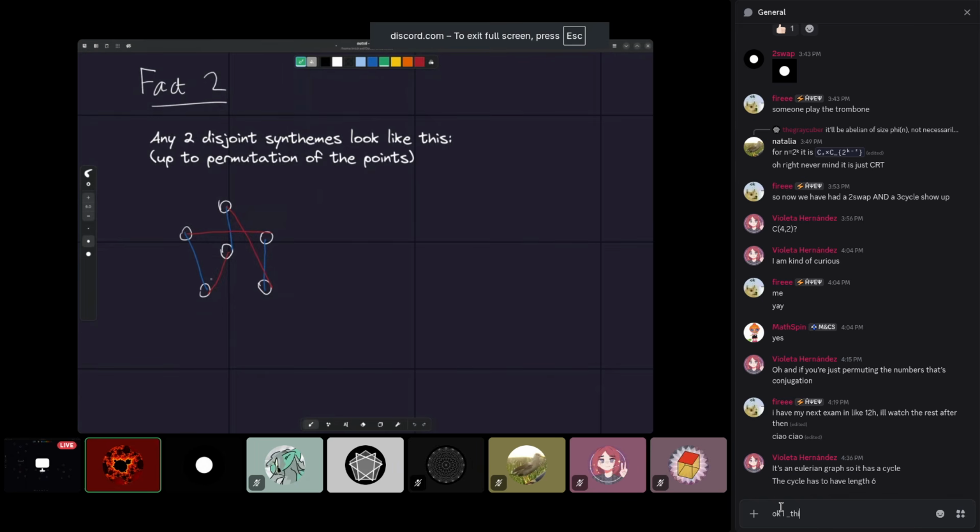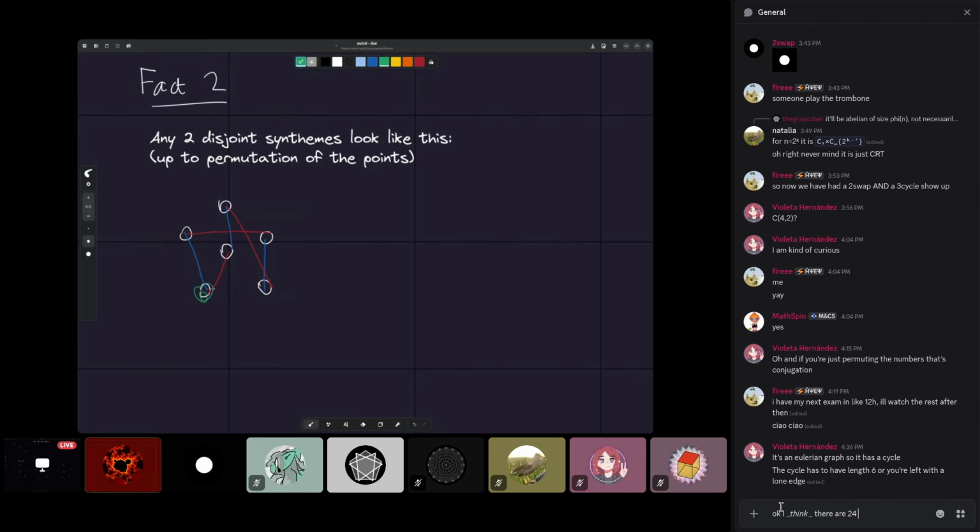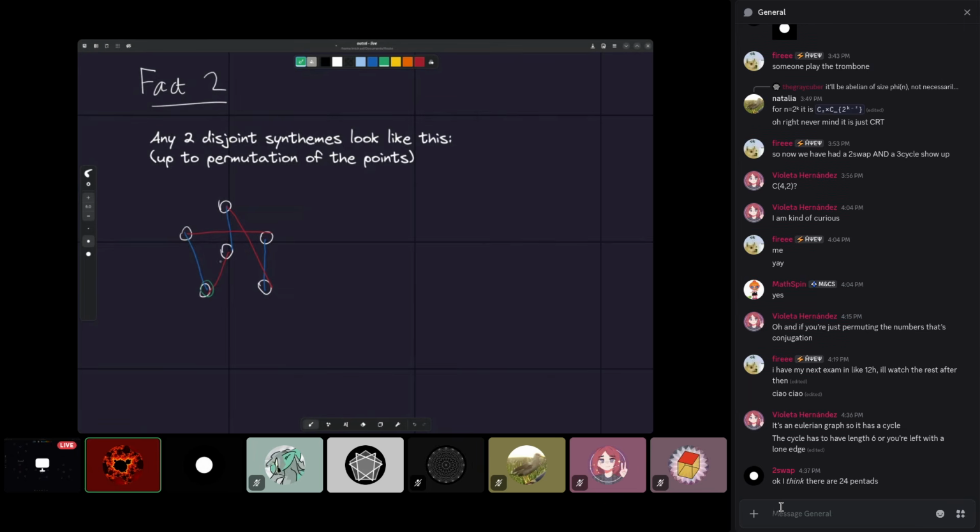Yes, yeah. So if we ignore the reds for a second, let's say we put the blues where they are. We've got this one. This one has to be connected to something by the other syntheme because every syntheme touches every vertex. That's got to go there. Then you've got another blue, and then this one can't connect back to the duad you started with